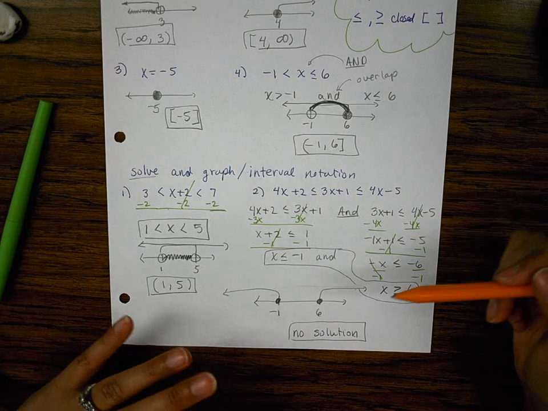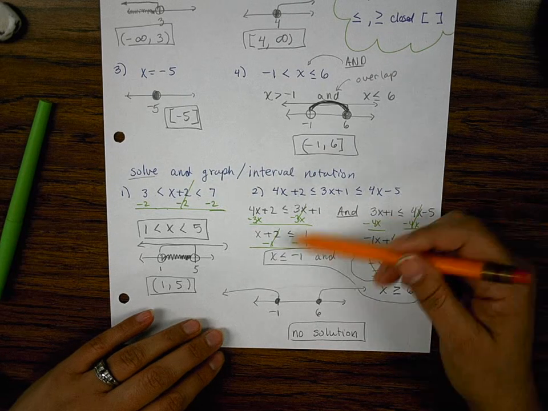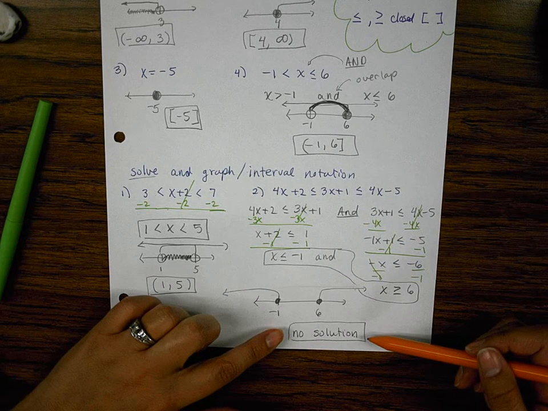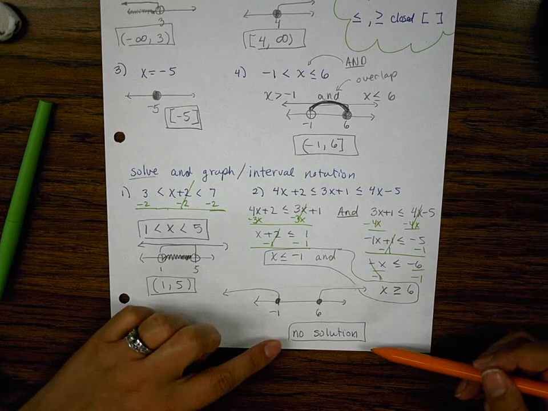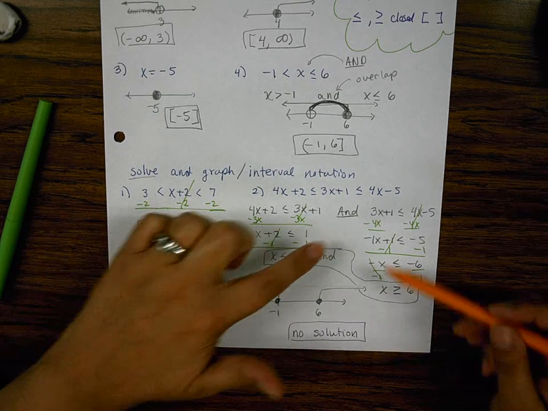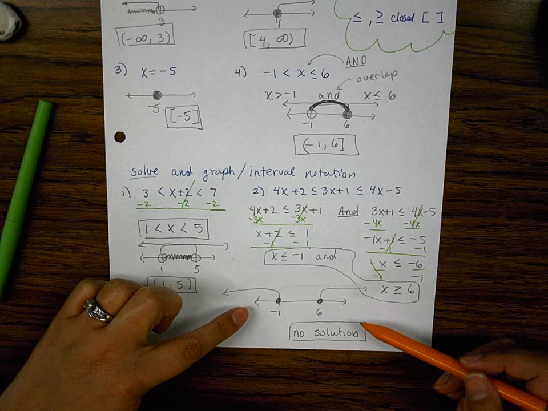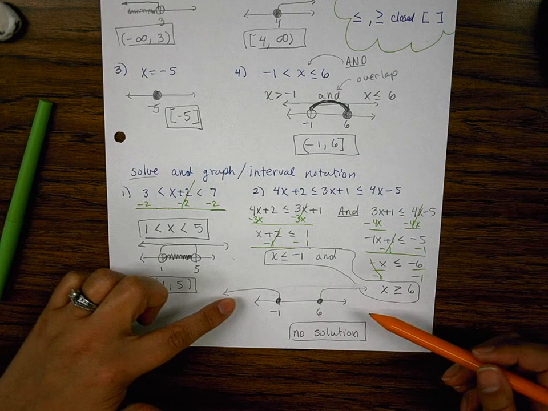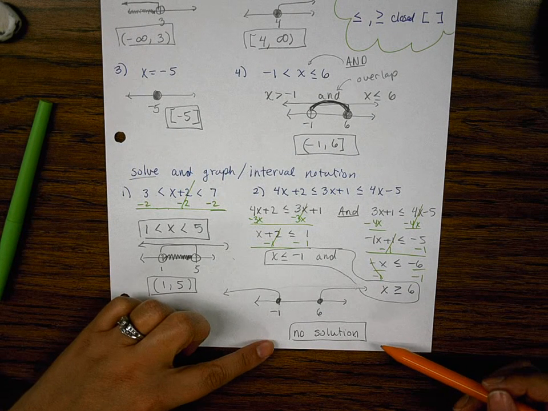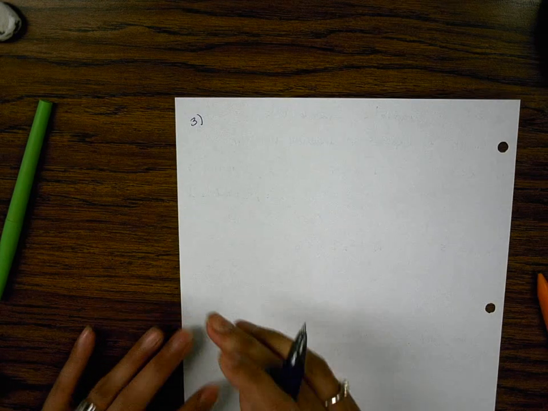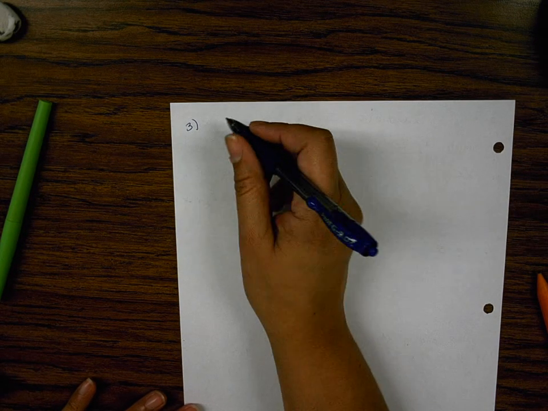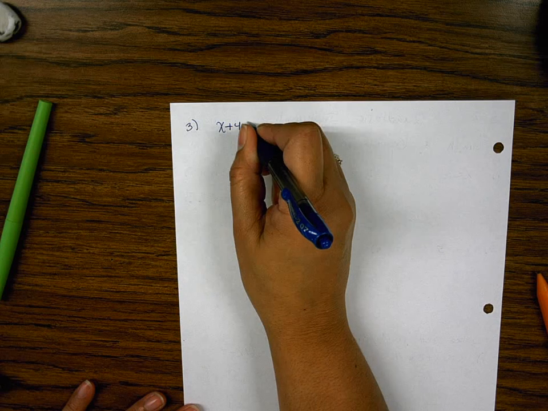Now I just said earlier, with ands there must be overlap, and since there is no overlap here, there is no solution. Now kids often say, all that work and there's no solution. Technically, this here is what I'm looking for. Yes, no solution is the final answer, but when I check your work, I'm looking that you understood how to get to the no solution, that you were able to break it apart, solve and solve, graph, recognize that and needs overlap. This one had no overlap, therefore it is no solution. All right,